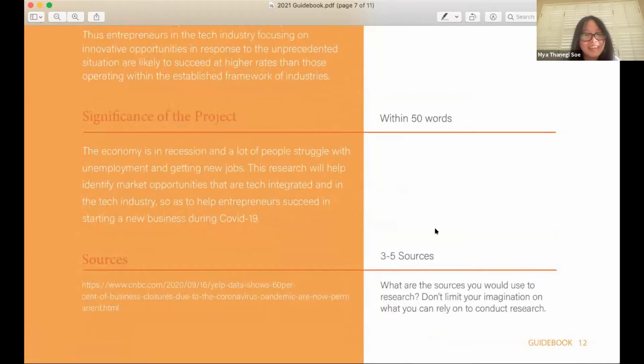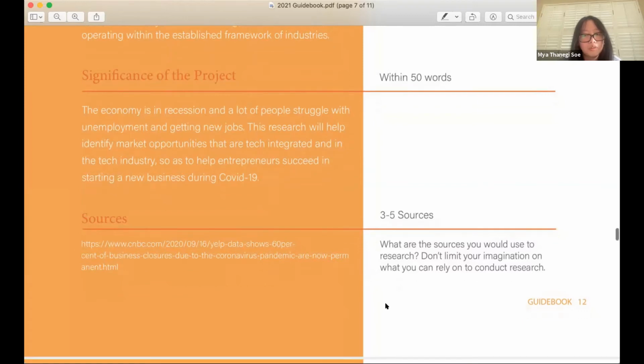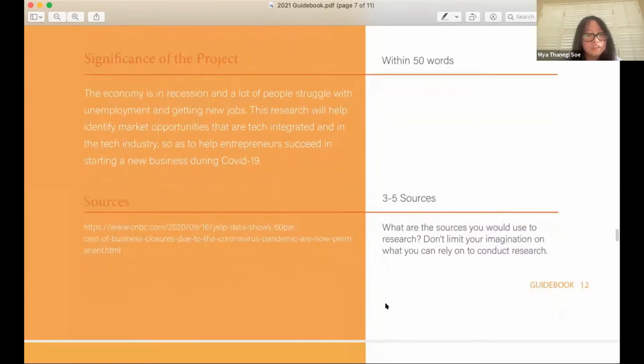Yeah, and for the sources, don't limit yourself to just academic journals. I want to emphasize this. You can put in as many sources as you want, but it doesn't have to be academic journals, though try to maintain some amount of credibility. But for here we just wrote one, but obviously you can use more than one source. Going on to the next,